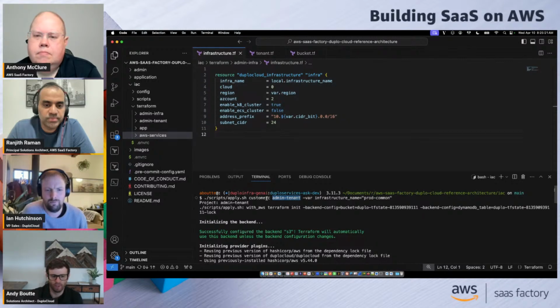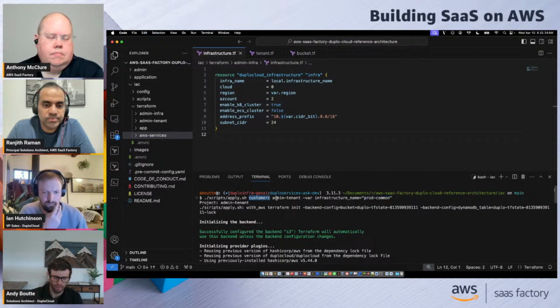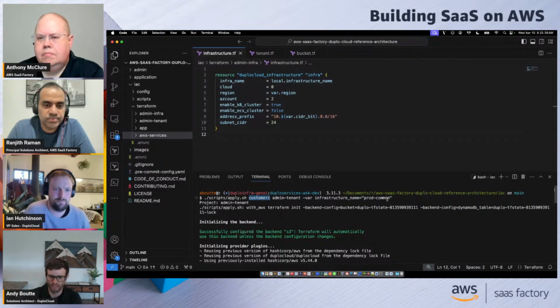We want to place this customer C tenant inside the infrastructure called prod common. So if we think back to some of those diagrams, this customer C, maybe price-wise or compliance-wise, has opted to get dropped into a multi-tenant infrastructure, but it will be a single tenant application because we still have the tenant model surrounding this application.